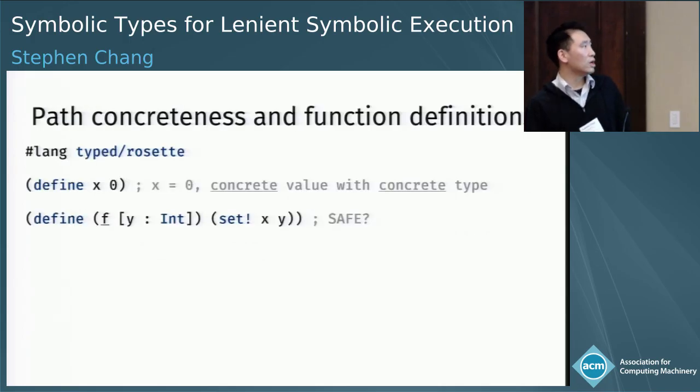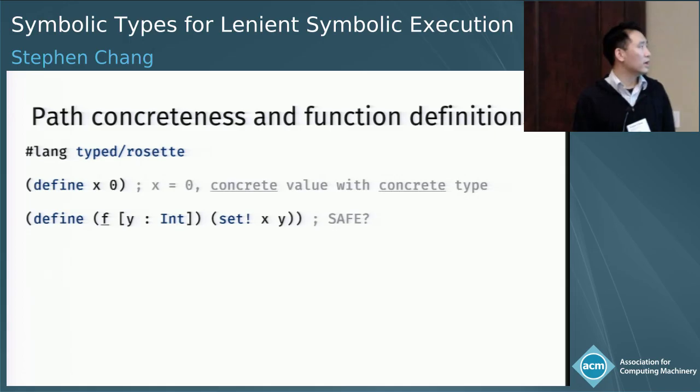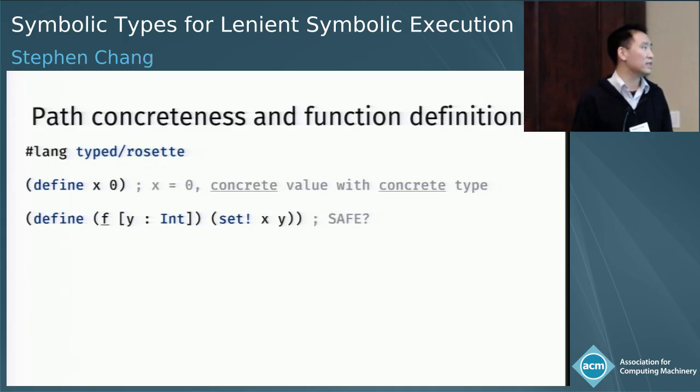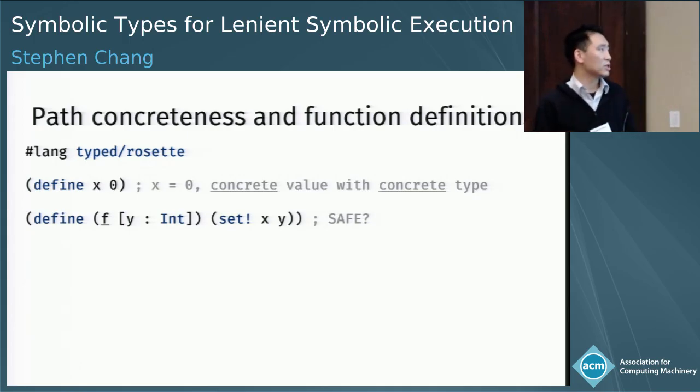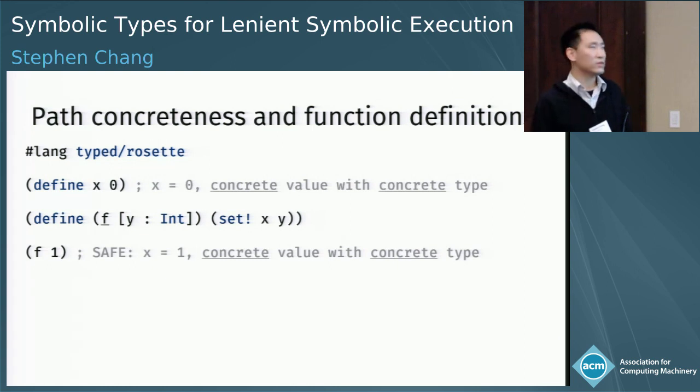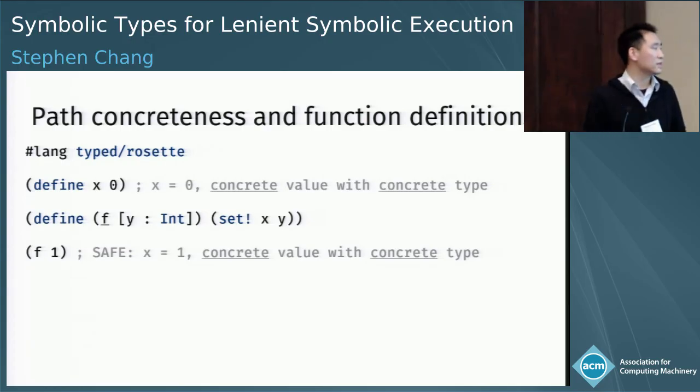Okay, so we're not quite done yet. Here's a similar example where I define x to be 0, but instead of mutating it directly, I have a function f that mutates my variable x. So the question is, is this safe to do? And the answer is it depends. It depends on where I call f. So here, if I call f in a concrete path, then that's okay,